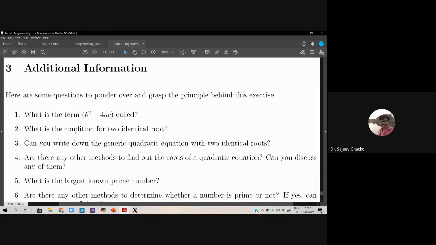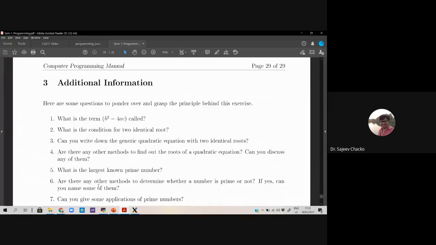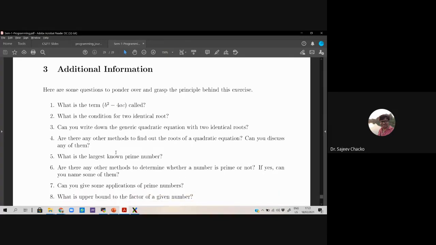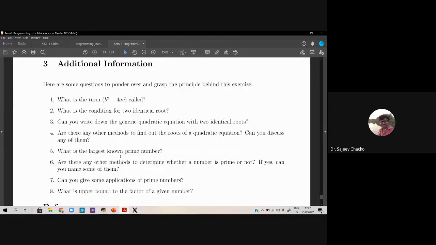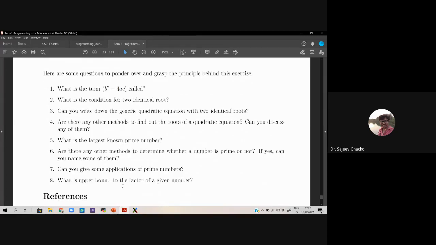There are some questions which you can work out, but there could be questions which are outside of this particular document. There could be other new questions also. So make sure that you are well prepared for the Viva also. That's the reason I said that if you have written it yourself, at least you will know what is to be done.